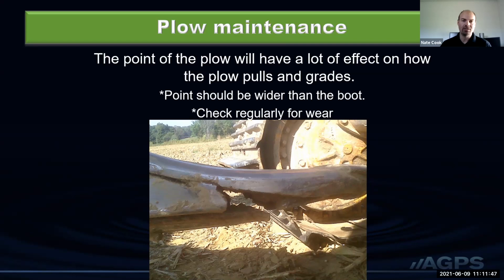The GPS technology and the computer can do its best to try to keep it installing on grade, but if there are problems with the point, it's not going to follow and plow through and make that groove the way it's supposed to. So this picture is basically just they thought the point was good, but on closer inspection, it was actually cracked and broken. So your point does need to be checked regularly for wear, and it does need to be